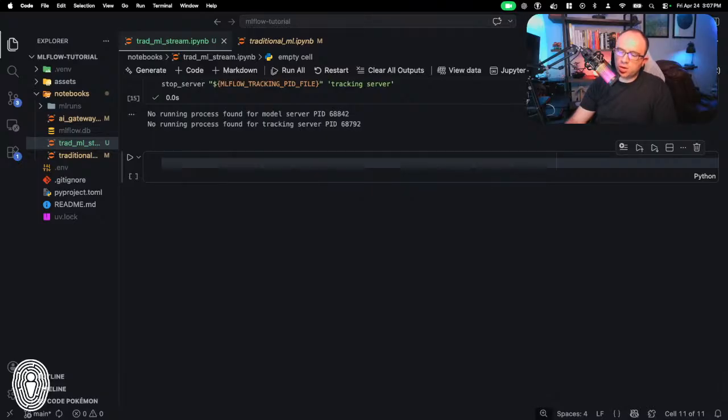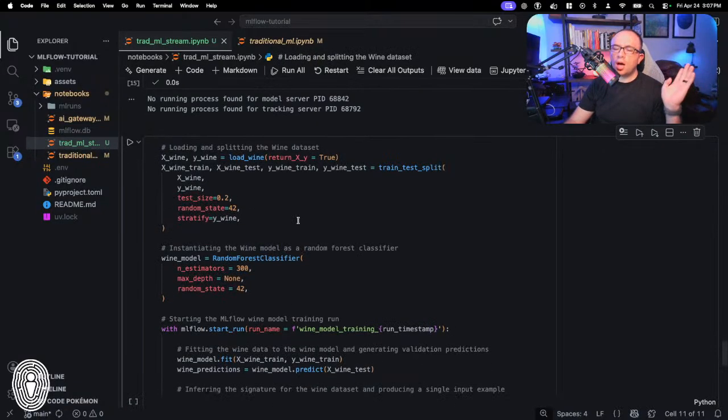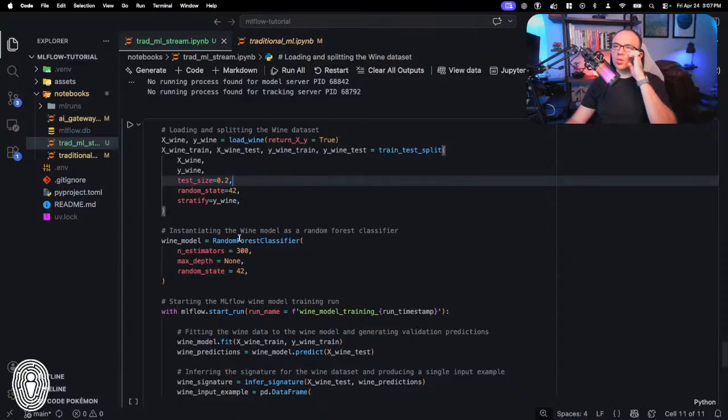What we need to do first, though, is train the wine training model. How are we doing on time? All right, we're already at over an hour, so I'm just going to copy and paste this code because it is almost the exact same as what we did before. We're not going to do any hyperparameter tuning this time, but I'll go ahead and talk through it. We're going to load in xwine, ywine from the scikit-learn helper function, do the split, again same stuff that we've seen before. Then we're going to instantiate a simple random forest classifier with some very simple parameters that are not hyperparameter tuned, with this wine model object.